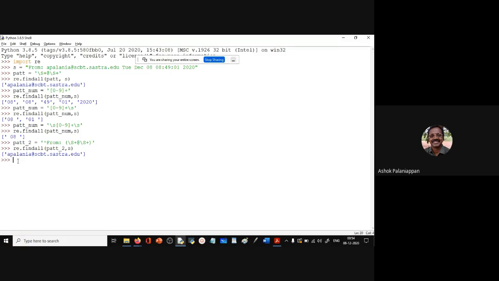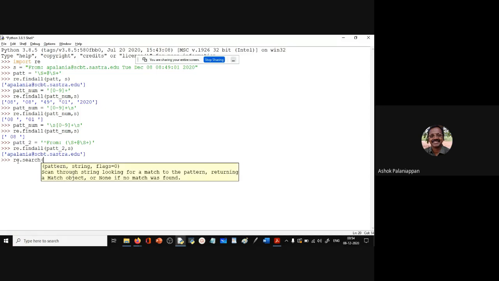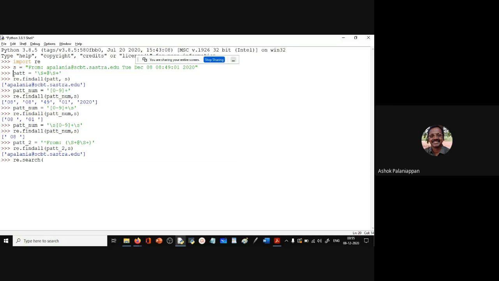Now apart from the findall, we have the re.search, and let's see the re.search in operation. Let's go back to the first pattern that we used, and let's see the use of re.search on the first pattern, pat comma s. And you see what it returns. It doesn't return a value, but rather it returns a match object. It gives you some additional information about the match object. But this is a match object, and we're not going to be able to work on this match object directly. It's like a function object.